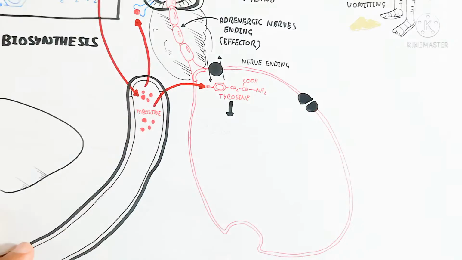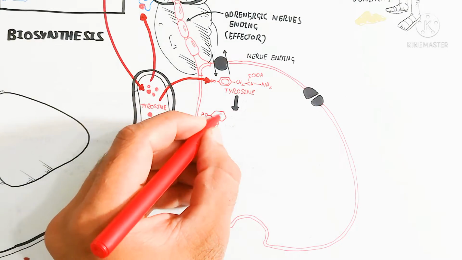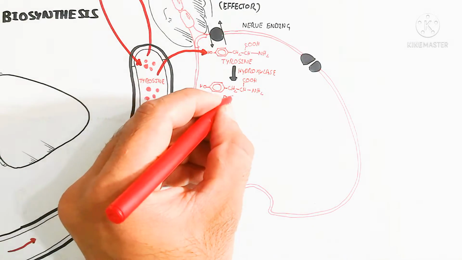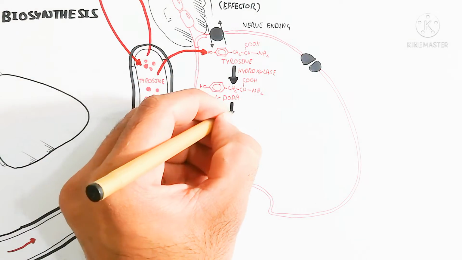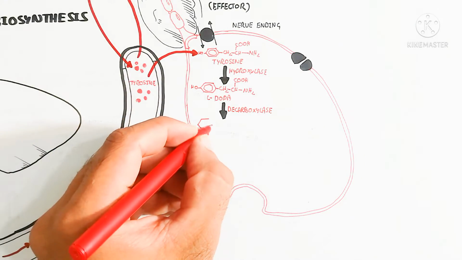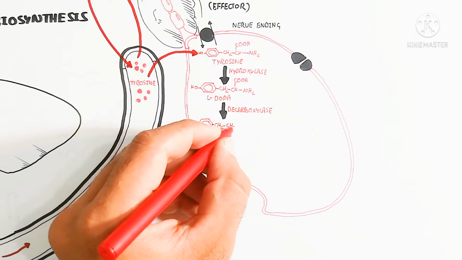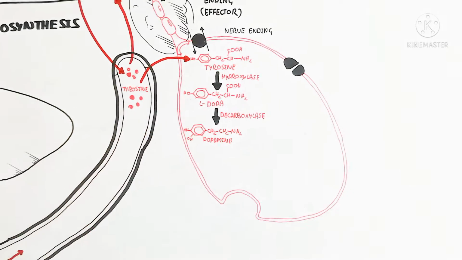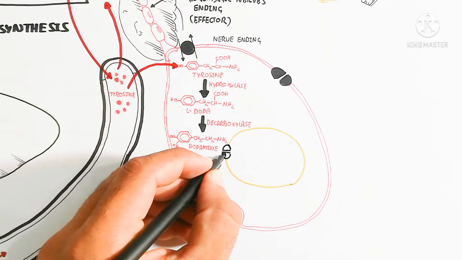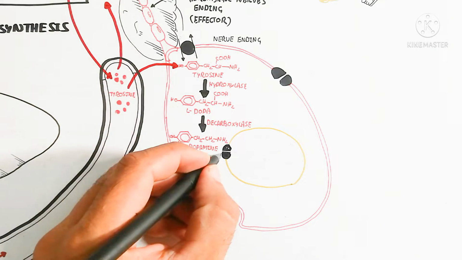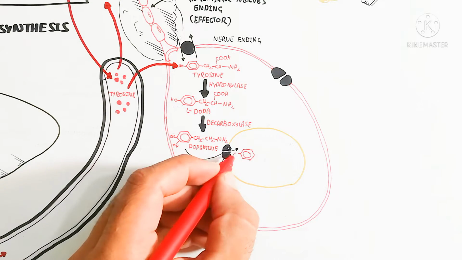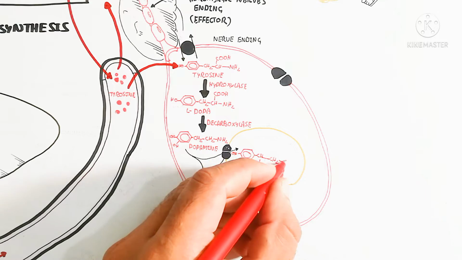In this way, here is the tyrosine. This tyrosine is basically entering. After the entry into the nerve ending, tyrosine, through a channel, will be acted on by the hydroxylase enzyme, and a hydroxyl group will be added to this tyrosine to convert it to L-dopa, and decarboxylation by a decarboxylase enzyme produces dopamine, and the receptors are present in the vesicle, and in this way the transferase enzyme is used for the